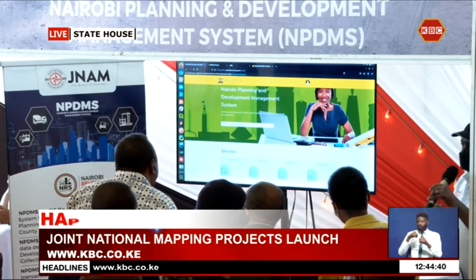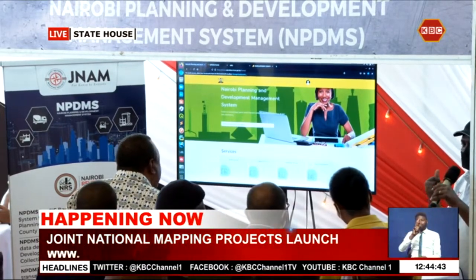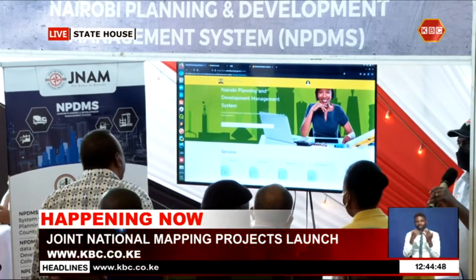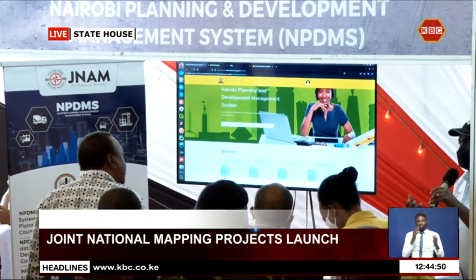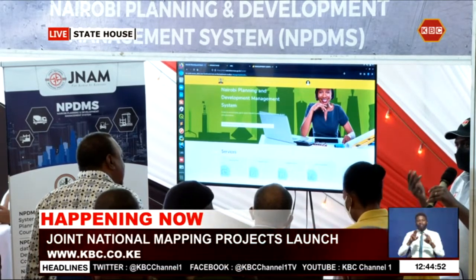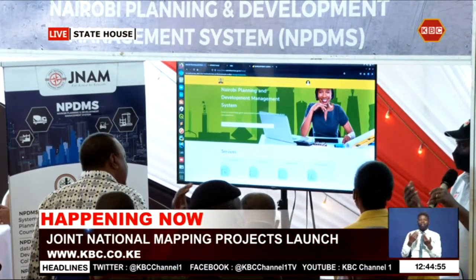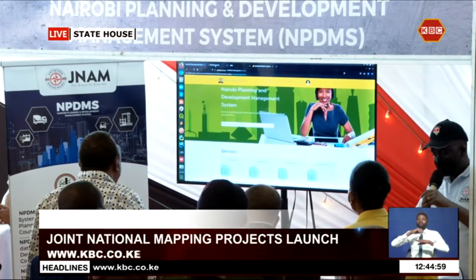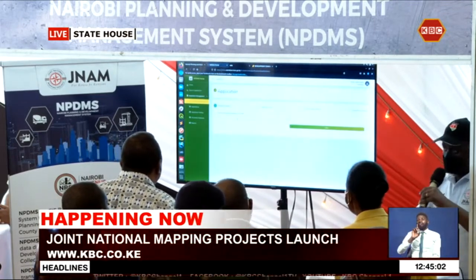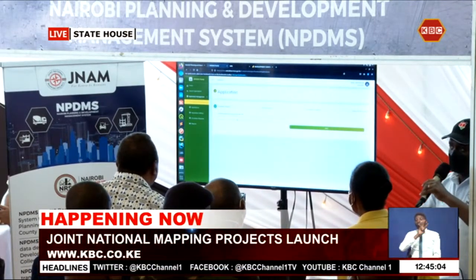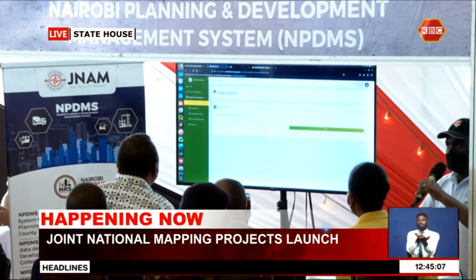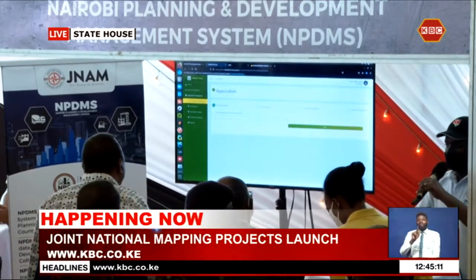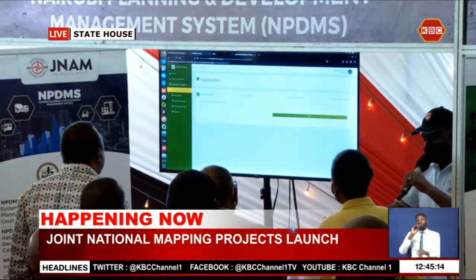So this is the homepage where the professionals, the architects, physical planners, engineers, and the surveyors, will interact with the system. This is after they've engaged with the developers who want to maybe construct a building on their property. So once they do that, they will come to the platform, and from the NPDMS portal, they're able to initiate an application and submit to the county. They do that by first of all entering the ID or the KRA PIN of the developer. And this system is also integrated with NRS. Then after that,